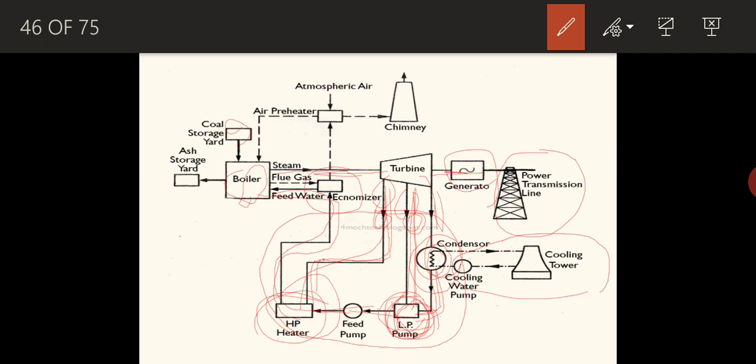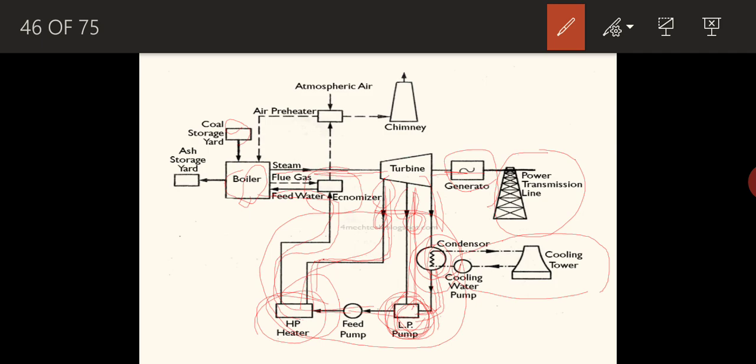What will be the advantage of doing all these things? You know that we need to provide a very large amount of heat to convert the water into vapor state. So if the water entering into the boiler is at a very high temperature, say around 90 degrees Celsius, then we need to provide heat corresponding to 10 degrees Celsius difference, so that at 100 degrees Celsius water will be boiling. So that much heat we need to provide.